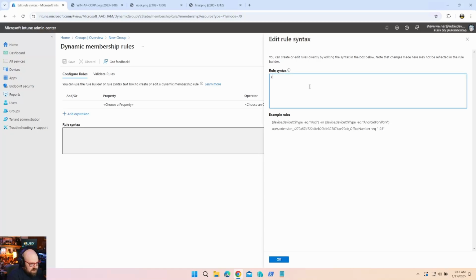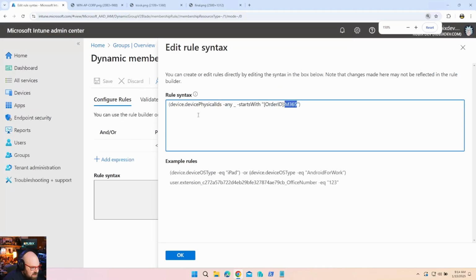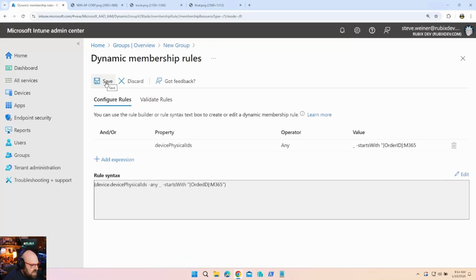It's going to be parentheses device physical IDs any underscore starts with, and it'll be in quotes order ID, and we're going to put our group tag right here. So whatever you decide to put there is going to be your tag, right? Let me zoom in a little bit there so you can see what I did. So this is what we're using. This will capture any device I've tagged, and then you go ahead and hit OK, and you can save that